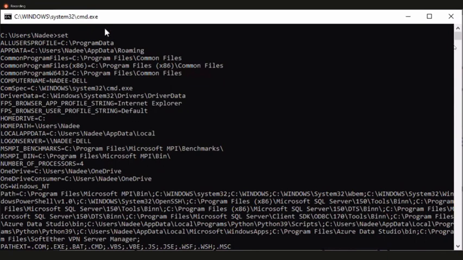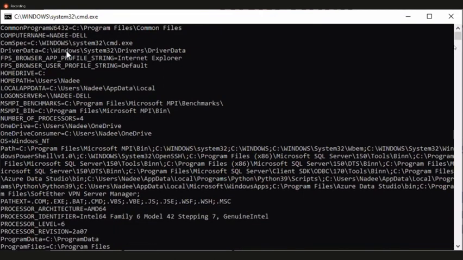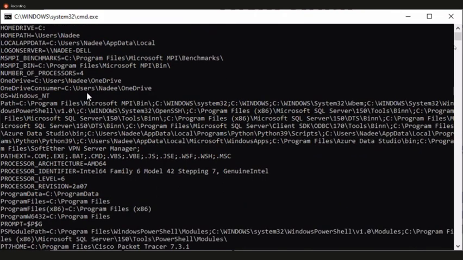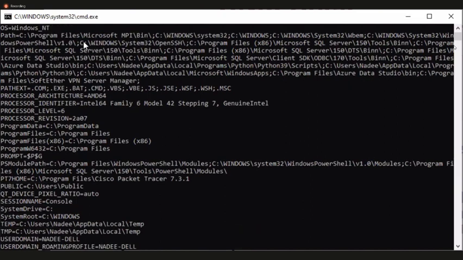Okay, so these are some environment variables in Windows, right? You have all users profile, app data, common program, then we have computer name, home drive, home path, right? Then, what is the OS? Then you have this path variable also, right? This contains the various paths